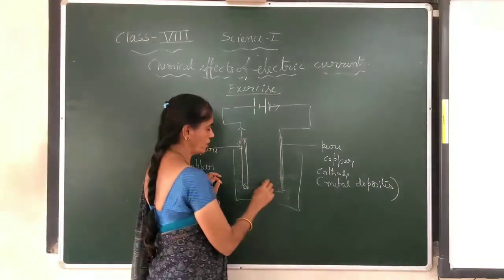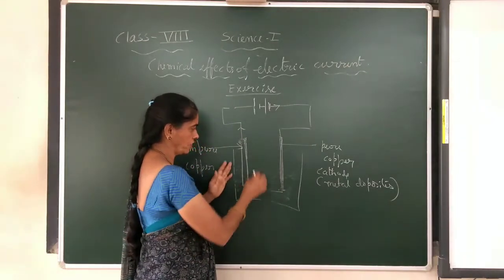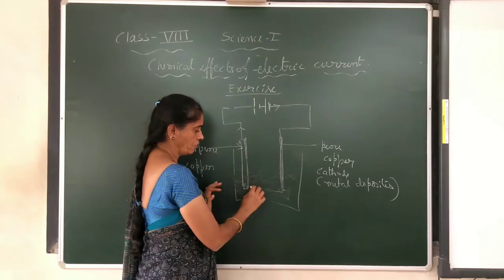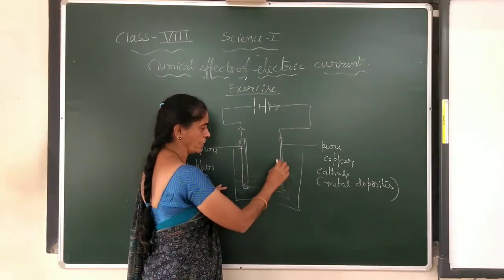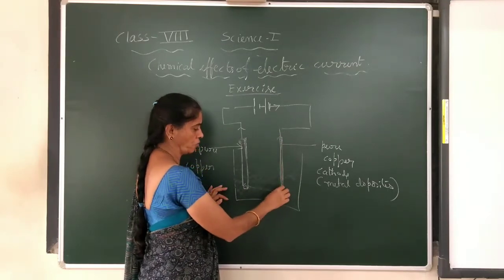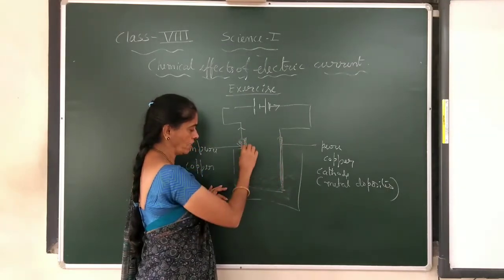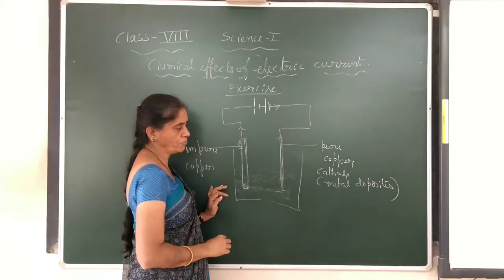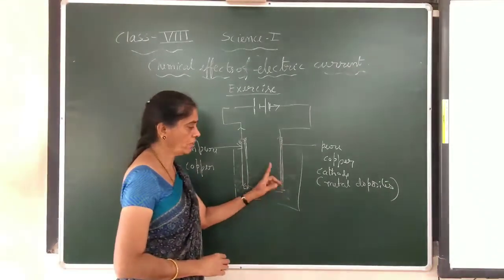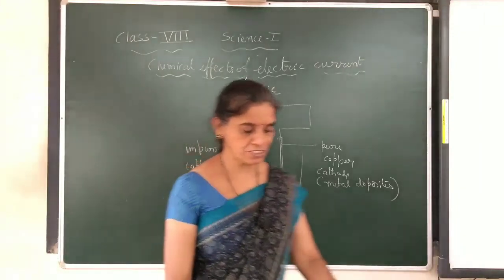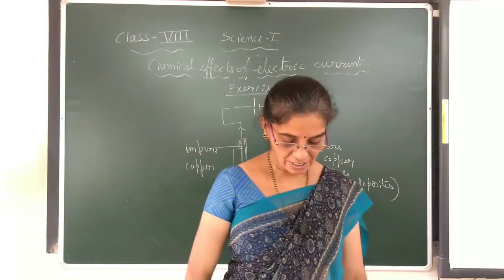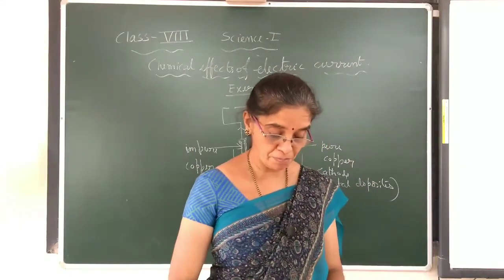Now which copper usually comes? The impure copper we don't want, so they will keep it at the anode. This will dissolve slowly and move and collect at the cathode. So the pure copper will become bigger in size, and the impure rod will become smaller in size gradually. This is the way we have to connect it to deposit copper on the pure copper plate. Understood, children? So that is the end of the exercise.